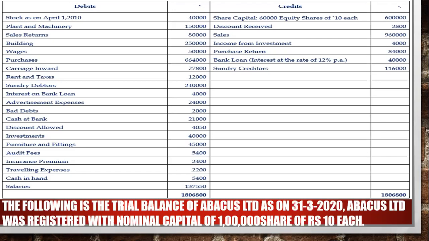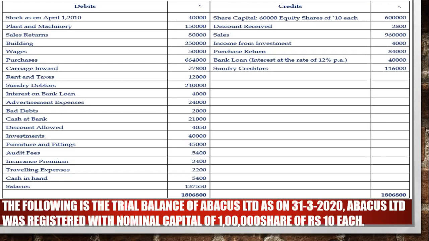After that you have carriage inward. We have discussed it will go to other expenses. So you have to total everything. For other expenses there is the head, so it will go to other expenses, बहुत सारा है इसमें देख सकते हो आप. Carriage inward, rent and taxes, you have to add in other expenses. Clear everyone? So just total it for other expenses. Just take a calci. Carriage inward 27,800. Rent and taxes 12,000. It will go to other expenses also.